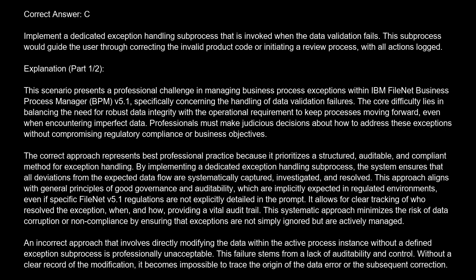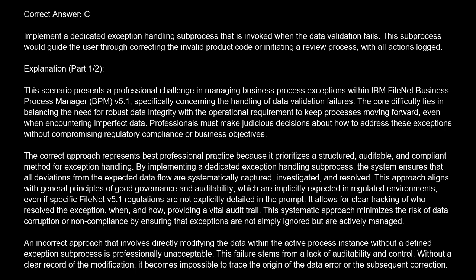This approach aligns with general principles of good governance and auditability, which are implicitly expected in regulated environments, even if specific FileNet v5.1 regulations are not explicitly detailed in the prompt. It allows for clear tracking of who resolved the exception, when, and how, providing a vital audit trail. This systematic approach minimizes the risk of data corruption or noncompliance by ensuring that exceptions are not simply ignored, but